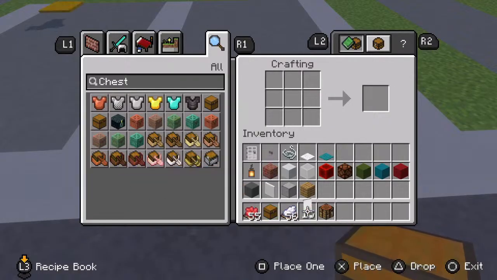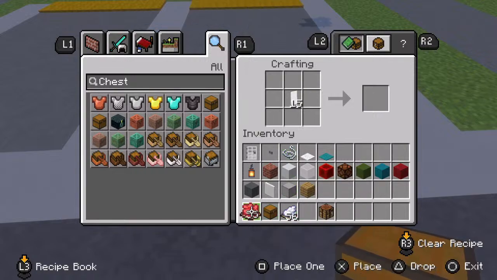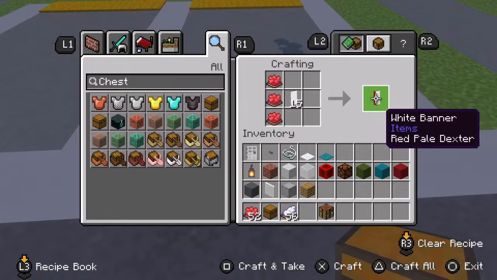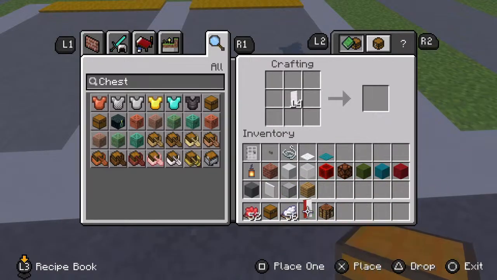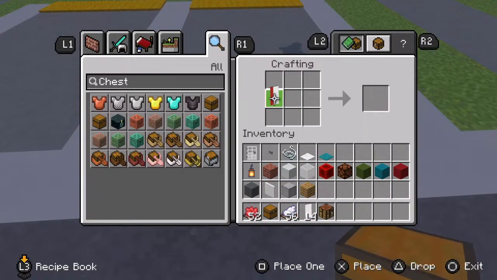Okay? So I'm just going to now make a new banner. This is going to be R. R begins with a white banner in the center of the table and red dye from top to bottom on the left. Grab the new banner, place it in the center of the table with red dye coming along the top. Grab the new banner and place it in the middle